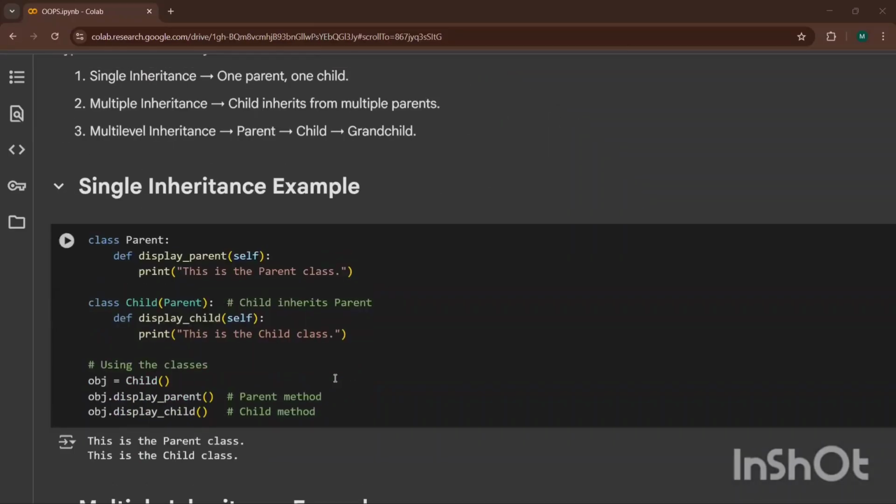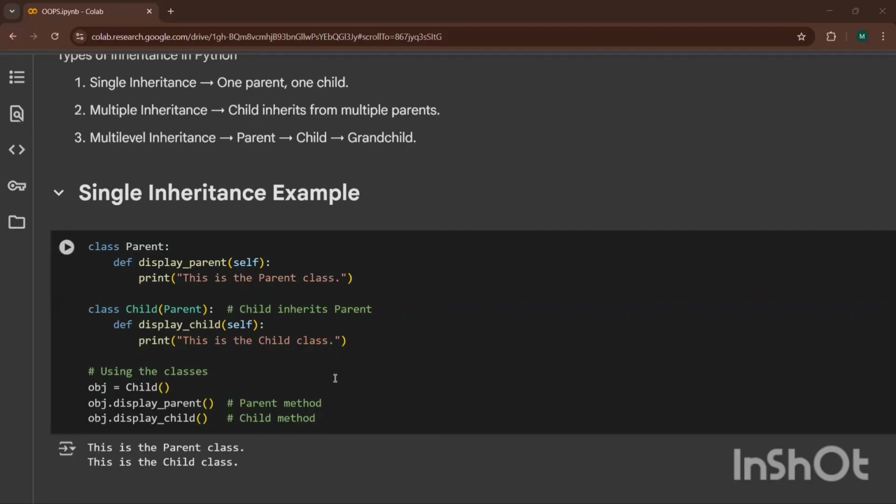Now, guys, let's do the examples one by one. First of all, we are having a single inheritance example. So, what is happening over here? I'm creating a parent class where I'm displaying, display parent self. Simplest example I have created. I'm just printing that this is the parent class.